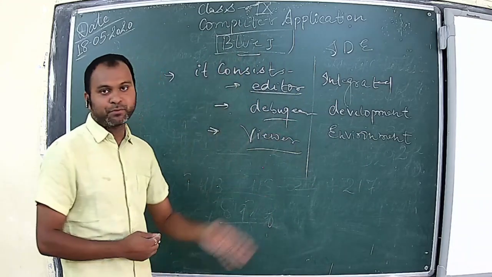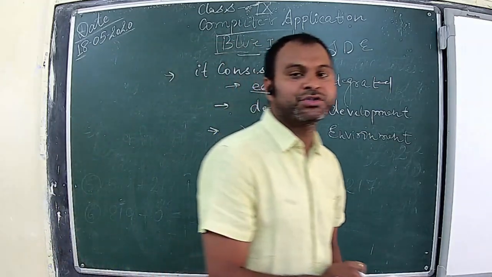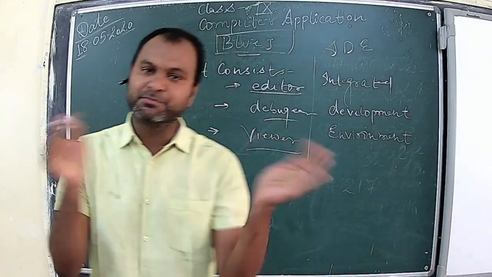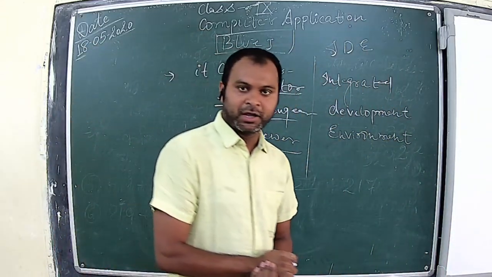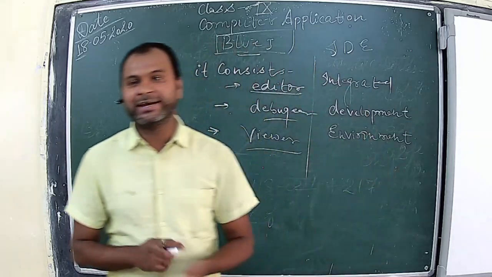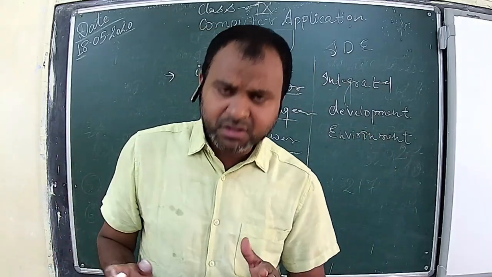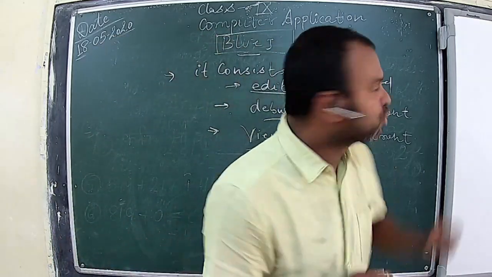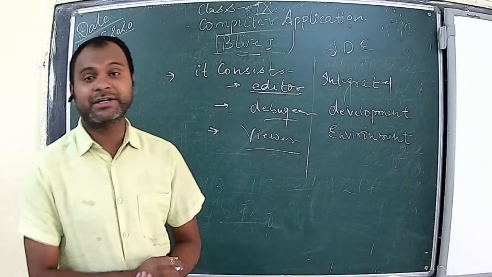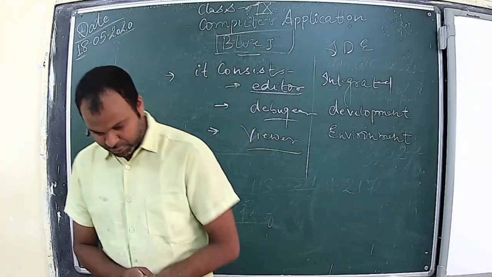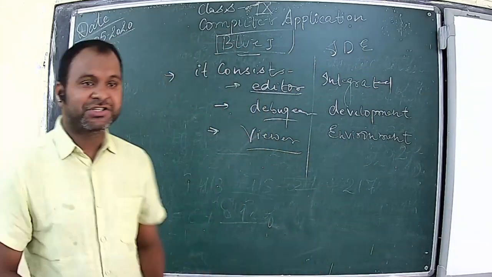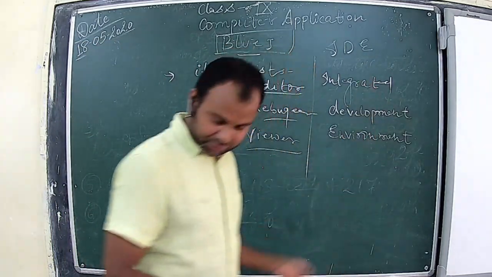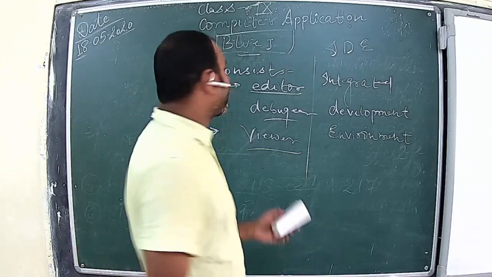Clear? So this is your BlueJ, and this application is used for writing our source code so that we can create small scale software. Clear? So we'll use BlueJ in your labs. BlueJ as a platform is used for writing the source code, so we will just use BlueJ to write our program. In last videos, we discussed class, object, methods. So we'll start the first program.